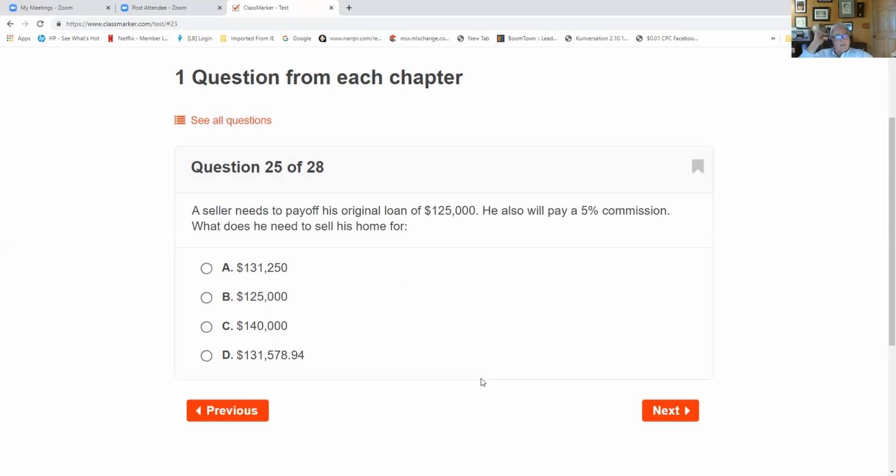Chapter 25, the math question. The seller needs to pay off his original loan of $125,000. He will also pay a 5% commission. So what does he need to sell his home for? So we know that this is the inverse thing. So you're going to take the 125,000 and you're going to divide it by the additive inverse of 5%, which is 0.95. And if you take 125,000 and divide it by 0.95, the answer you come up with is